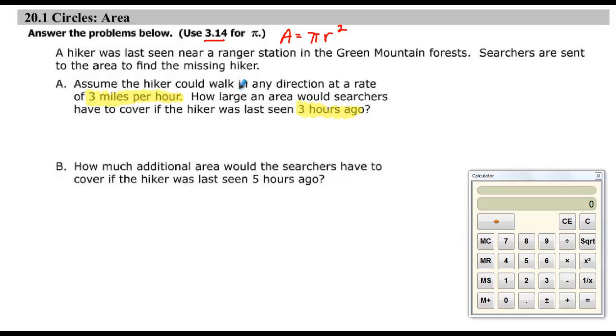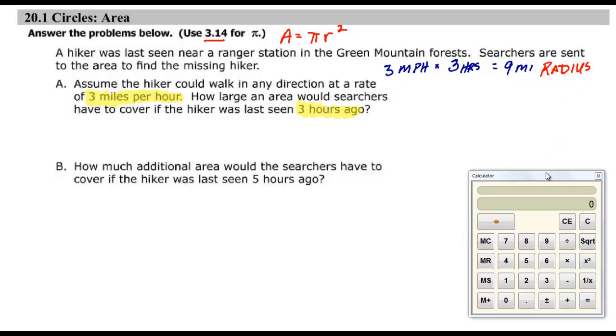So when we put these two together, 3 miles per hour times 3 hours, we know that our hiker can have traveled 9 miles. If a hiker went in a straight line, they'd have traveled 9 miles. That 9 miles becomes the radius